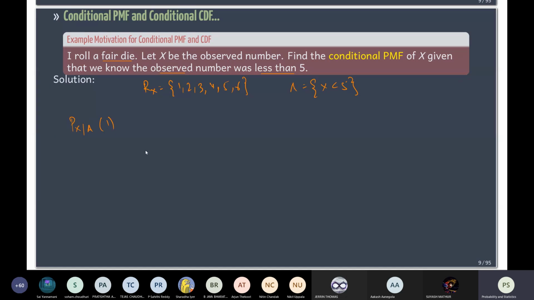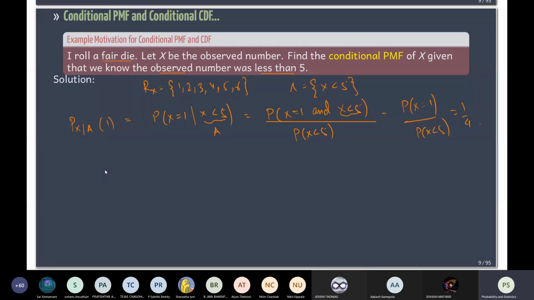So what is the probability that x is equal to 1 given that A happened? Probability that x equals 1 given x less than 5 is the probability that x is equal to 1 and x less than 5, divided by the probability that x less than 5. This is the event A that we are talking about. This is a simple case: the probability of the intersection is 1/6 and the probability that x less than 5 is 4/6, so this is 1/4. And similarly